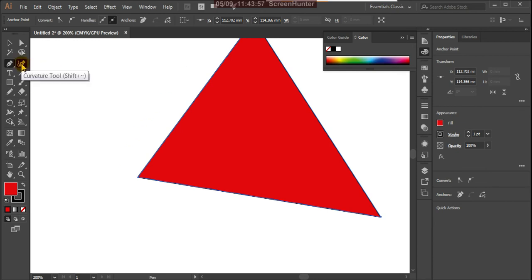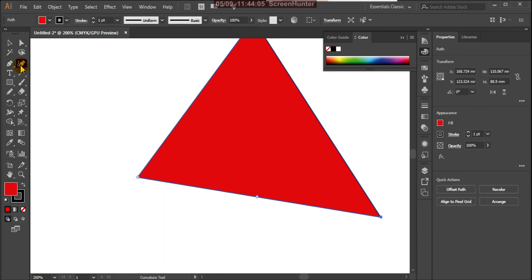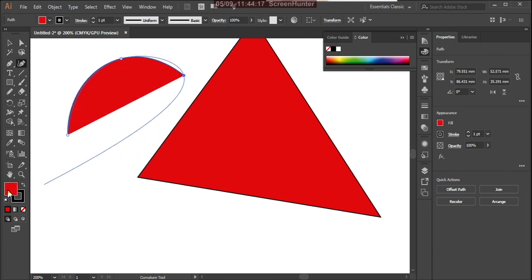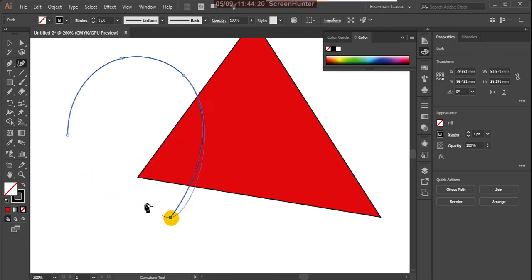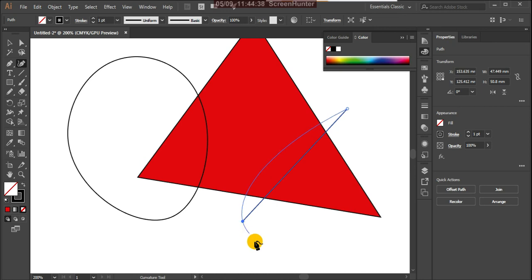Beside that there is another tool, the curvature tool, and you can use it with the pen tool also. With the curvature tool you draw freehand. Suppose there is one anchor point, and here another anchor point, and another anchor point, and automatically it gives the curviness. The tool itself is called curvature, so you can create curvy paths. I give one more point here, and another here.